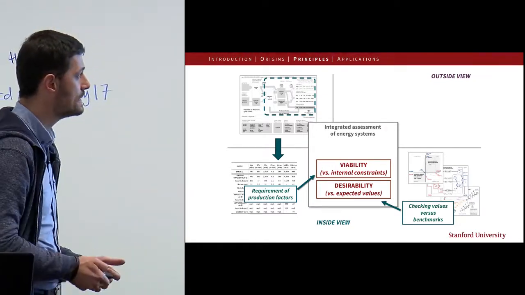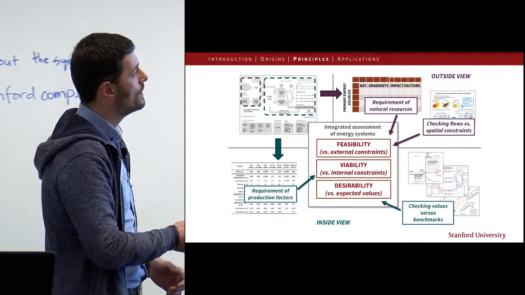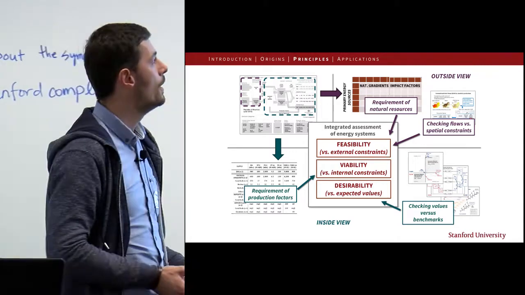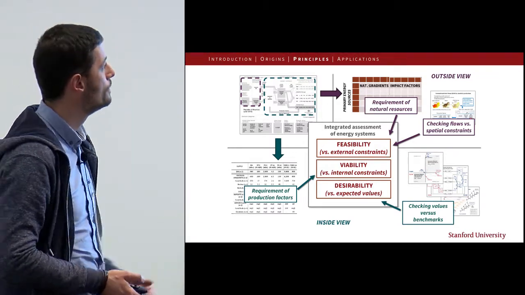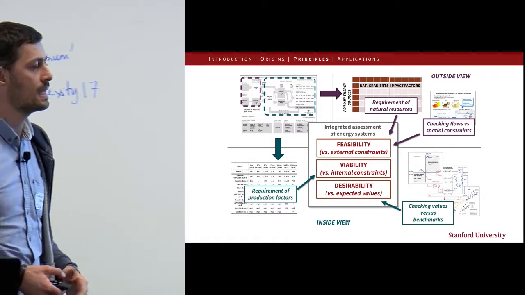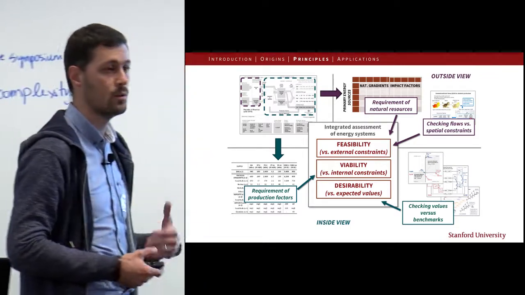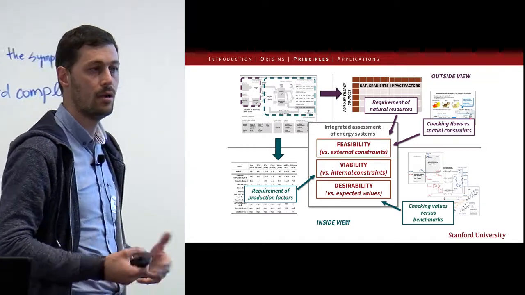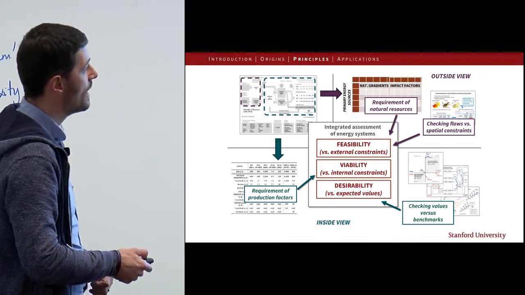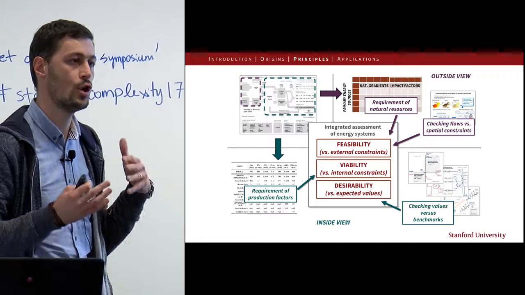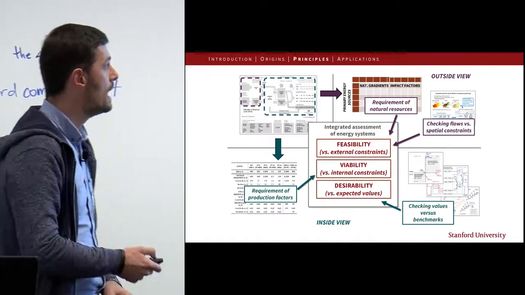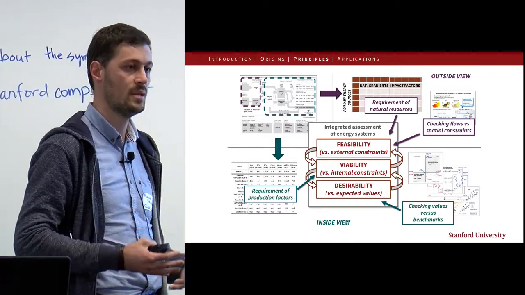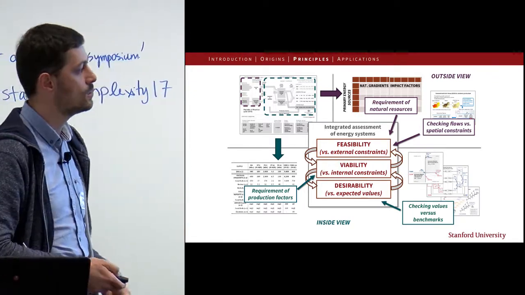So it's called desirability. And then for the outside view, we look at the impact in terms of environmental loading, either by requiring resources or generating pollution or waste, and also the use of space, land, whenever it is available. And this gives us an idea whether or not a new scenario is feasible. And all those are related to each other, in terms of negotiations between those three criteria of sustainability we are looking at.